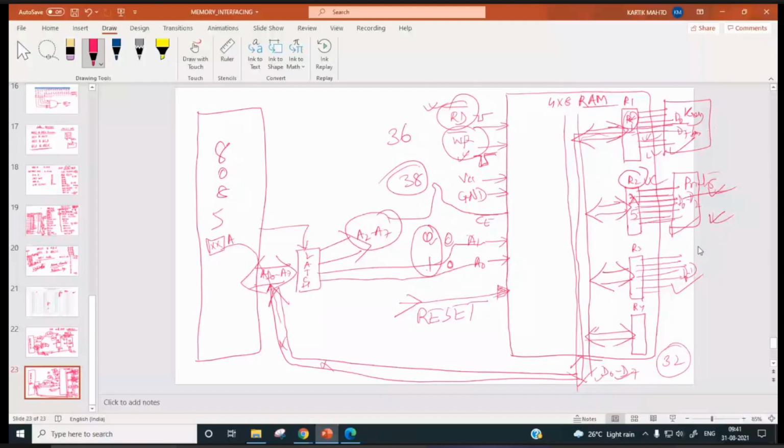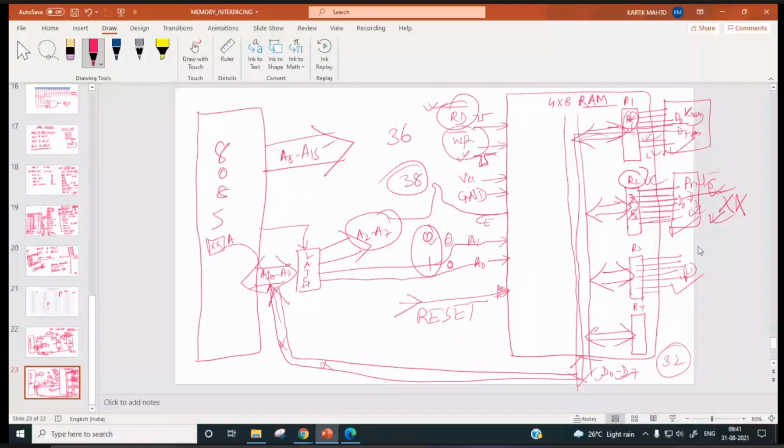Okay. Now, what about this A8 to A15? Right.